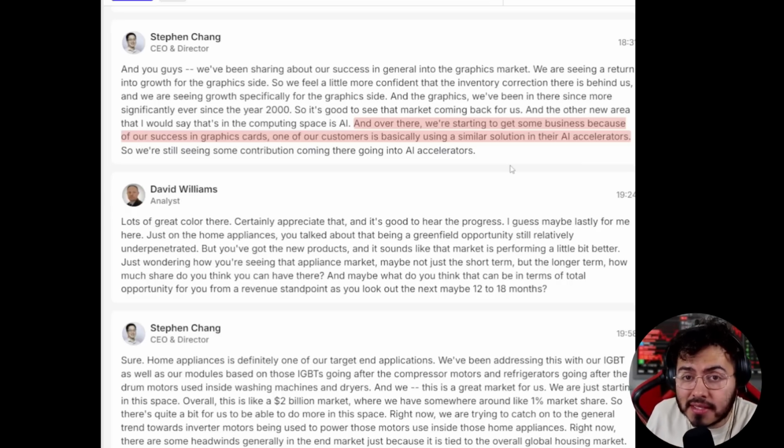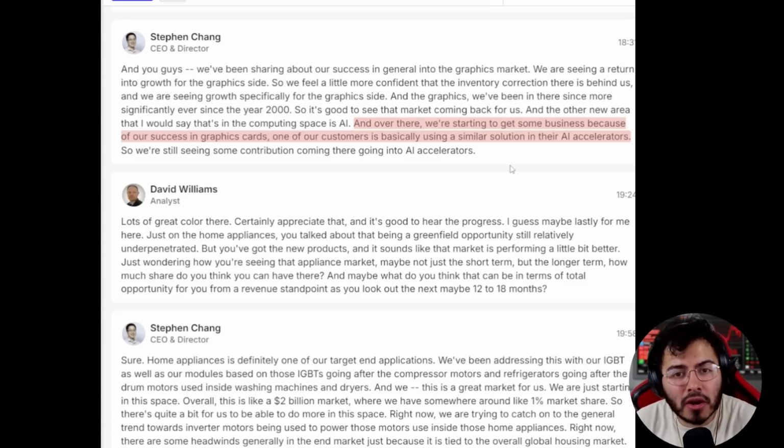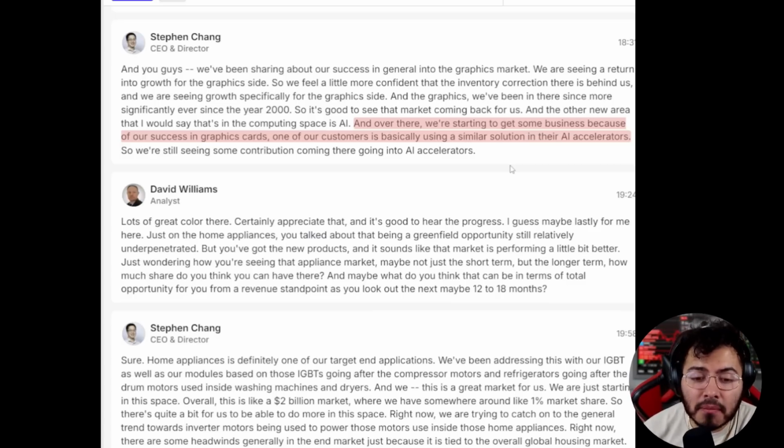I'm going to guess that this is either AMD or Nvidia, which are probably the only two players, maybe Intel too. But I'm going to guess this is more Nvidia of anybody, where they are doing really good in the graphics card market. And that's why they're moving into the AI accelerators, because it's pretty much the same product one way or another. So this gets me pretty excited for the AOSL, like an AOSL company, as there is this opportunity here in